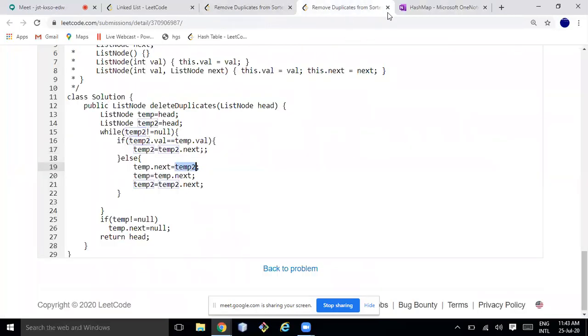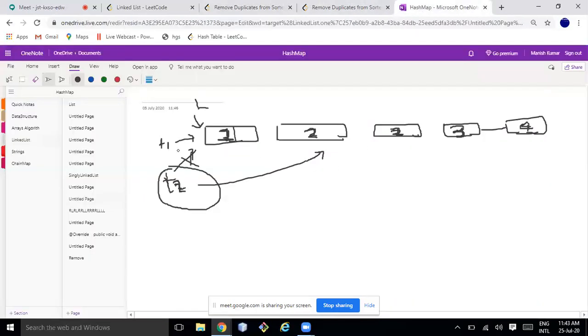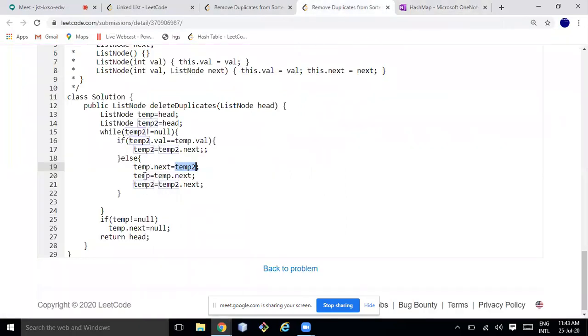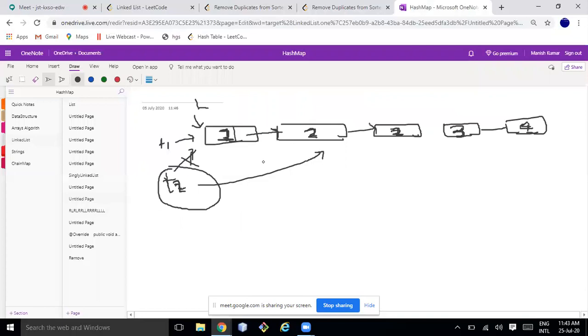So T1 dot next will become T2, which it already was, so it won't make any change, right? Then temp will become temp dot next, right? So now T1 will also be pointing to this one.